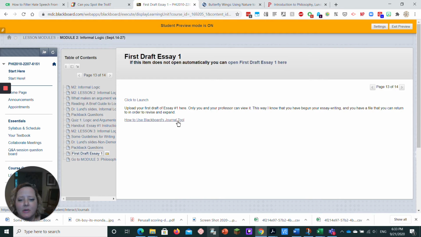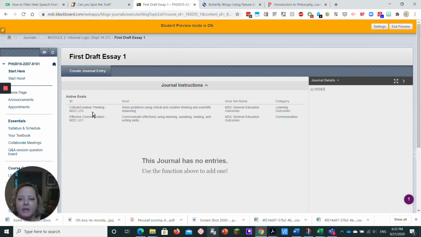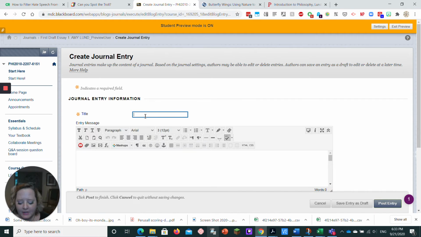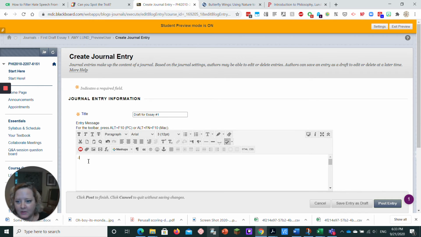And if you have any question about how to use the journal tool in general, you click here and you get a Blackboard tutorial. I'll click to launch this really quickly. Right here it tells you the goals that you're trying to achieve by working on writing a philosophy essay, and you click create entry, and you'd probably call it draft for essay 1, and then you'd say I'm writing on topic B. I need to